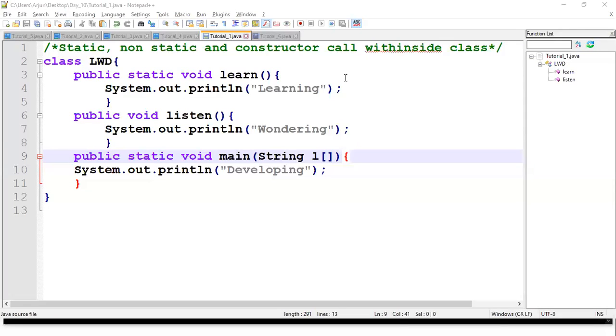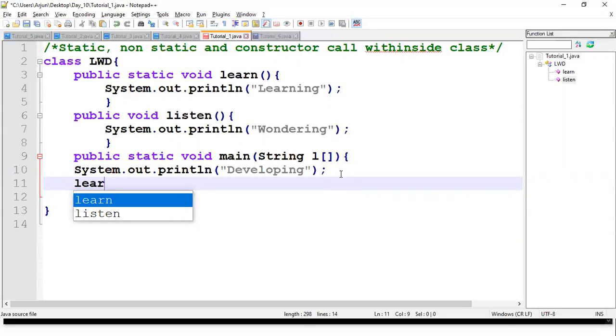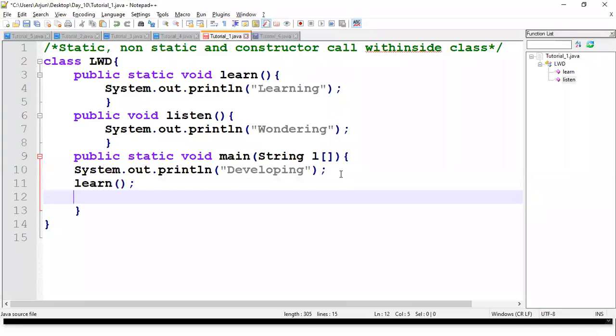If I call the learn method directly, because this is inside the class itself, right? Yes or no? So I just call learn. This we have done already, right? A static method we can directly call inside the class in which it is defined. Okay, so now I have called the learn method. What will happen? It will be printed or not? Learn is printing learning.